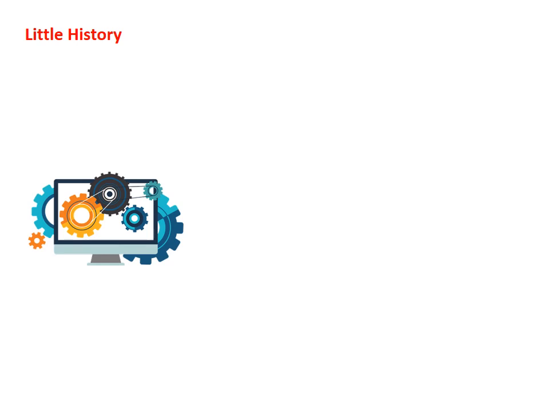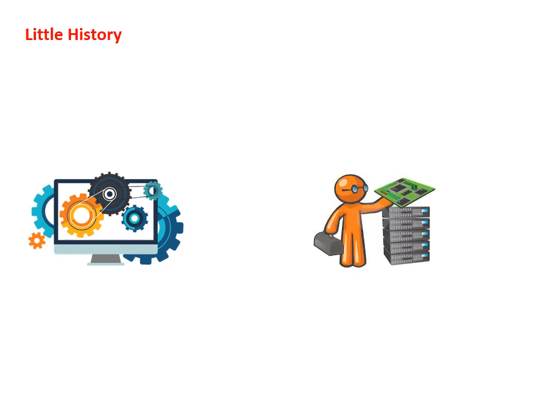In the next slide, we'll see a little bit of the history of version control. Version control is not a new tool. It has been around since the early 1980s. Software teams have been using this type of version control for many years. Version control started with software. Currently, both software and hardware teams are using version control for easy file management.